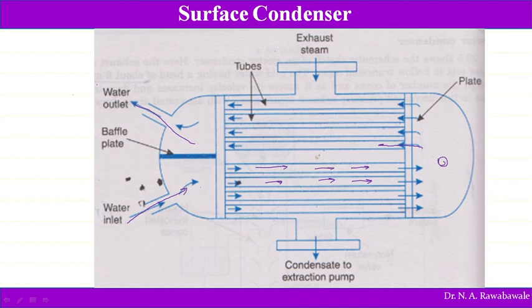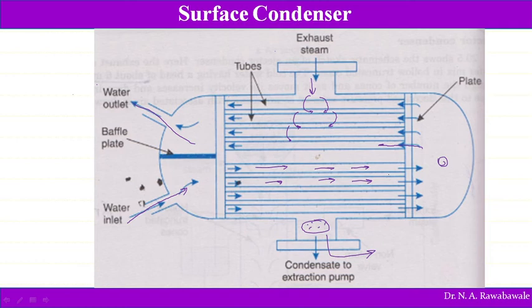So when this cooling water is passed into this condenser, exhaust steam is passed from the top, and this steam circulates or occupies the space around these tubes. It is not going to enter into the tubes, but it is surrounding the tubes, and as the steam comes in contact with the tube, it transfers its heat to the water and gets condensed, and that condensate is collected at the bottom in the form of water, and that is connected to the extraction pump. By using the extraction pump, this condensate is collected.